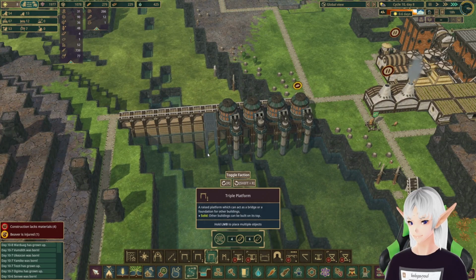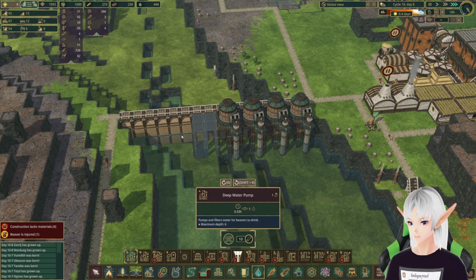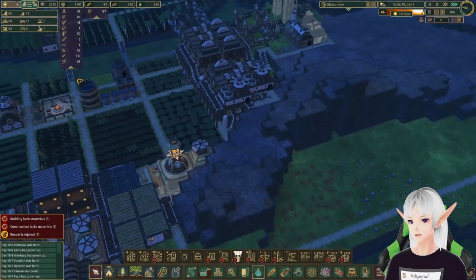We need 3s. There we go. We need 1s. We need 3s. Water. Not that one. We don't want to put water back in here. We want to take water out of here. Looks like